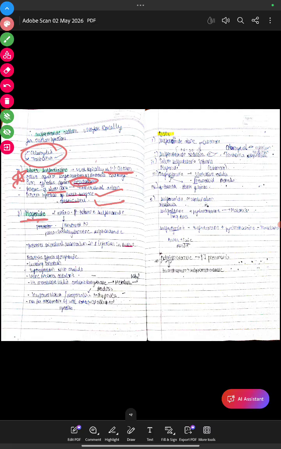Now mafenide is also used for burns, and for extra information I can tell you, this is not written for exam. You just have to remember mafenide is used for burns, but for extra knowledge I will explain to you. If you read the books, you will know. Mafenide is basically alpha amino p-toluene sulfonamide, a sulfonamide basically. Now when it goes into the body, it is converted into the metabolite para-carboxybenzene sulfonamide. Okay, another sulfonamide. So toluene to carboxybenzene. Now this